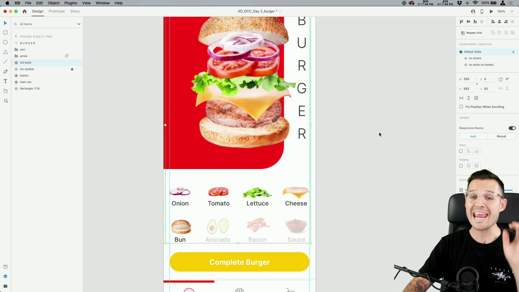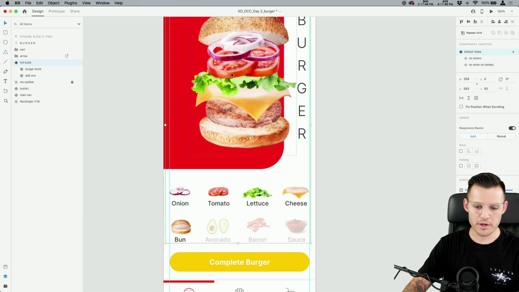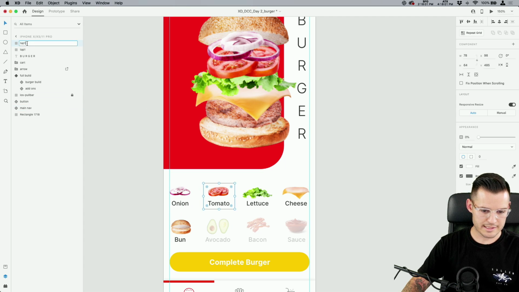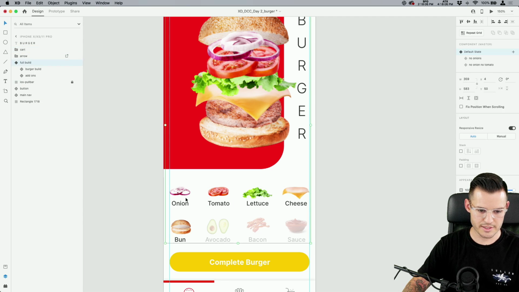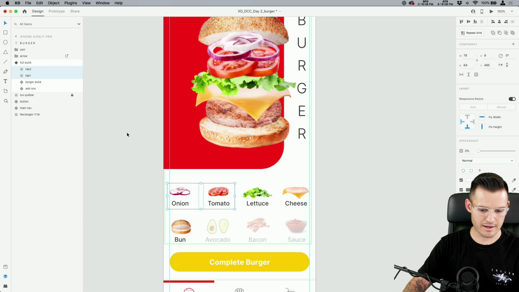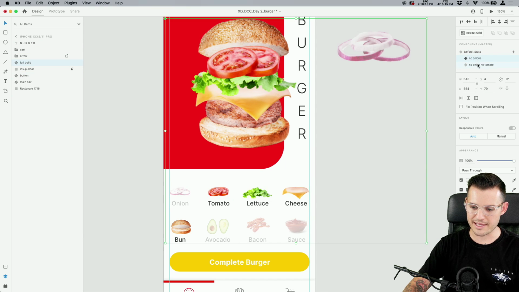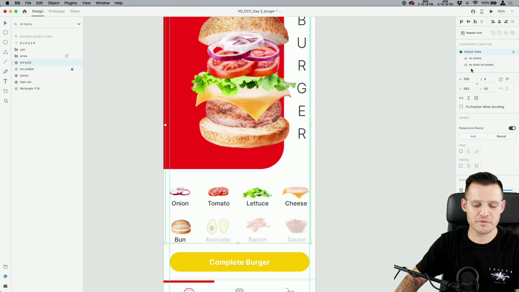We're gonna do the same thing we did before. We're gonna open up that new nested component. Let's go to design really quick. Let's do an invisible tappable state, okay? We'll call it tap 1. Same thing right here, boom. Tap 2, because we did that while, we're gonna delete those. Make sure we do it inside of the actual nested component there. I had them outside, that's not gonna work. But now that we've edited the default state, they're present in all the other ones, right? It just recursively added them everywhere.